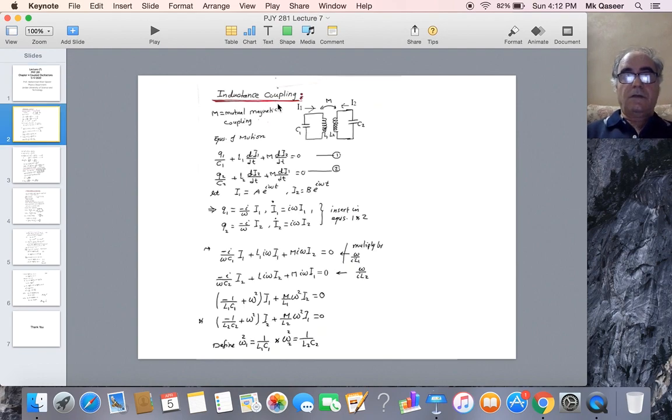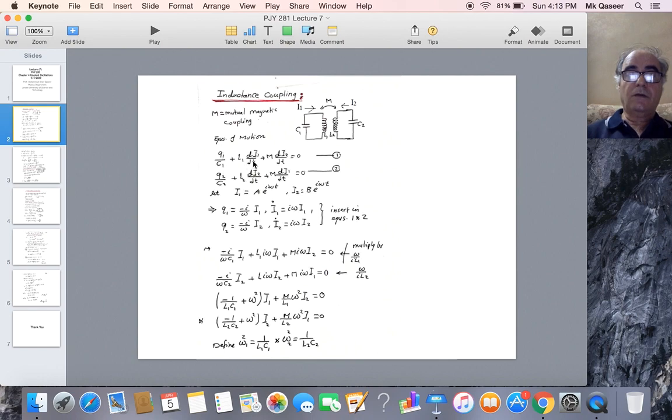I will discuss the inductance coupling between two oscillators. The first oscillator consists of a capacitor and inductance. The current through this is I1, and the second consists of a capacitor and inductance, and the current through the second circuit is I2. The equation of motion of the first circuit is given by the potential across the capacitor